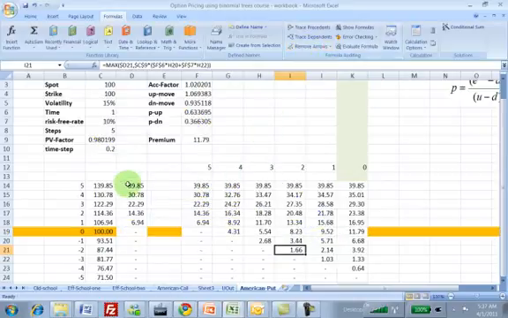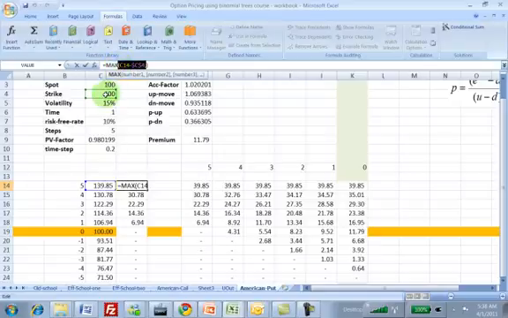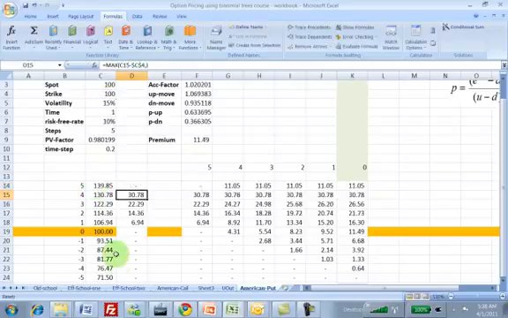If I do a put, remember all we needed to do previously was to update the payoff profile. So the payoff profile now becomes max of X, where X is the strike, lock it with F4, minus ST, comma 0. That's the payoff profile for a put option. Now if you trace this all the way down,